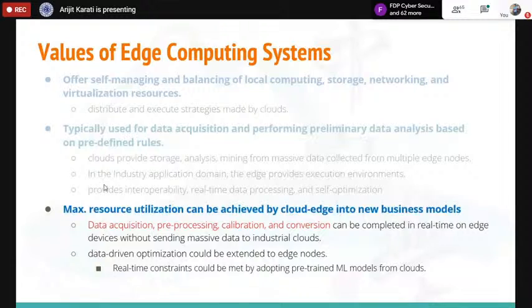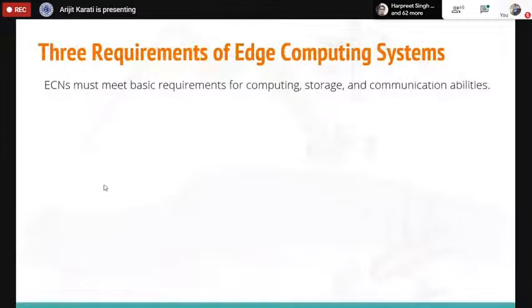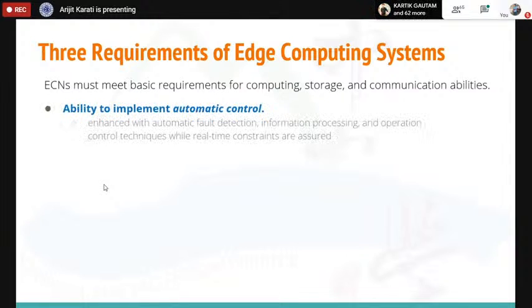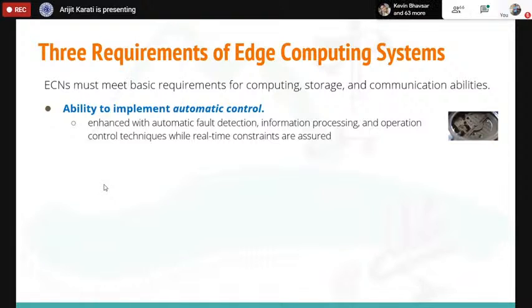So how can we get those benefits, how can we achieve those advantages? For this, we have some requirements. We have to follow the basic three requirements to achieve these targets. The first requirement is the ability to implement automatic control. While real-time constraints are assured, it should be enhanced with automatic fault detection, information processing, and operation control